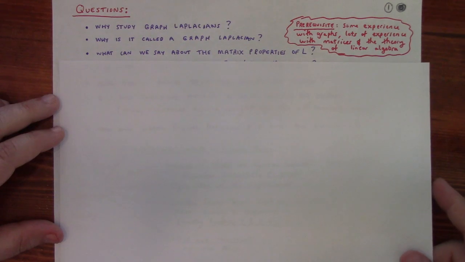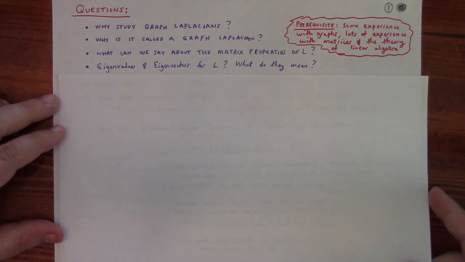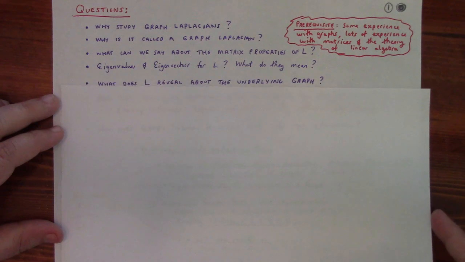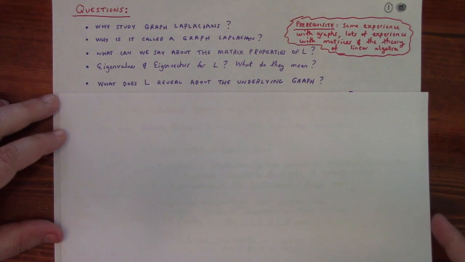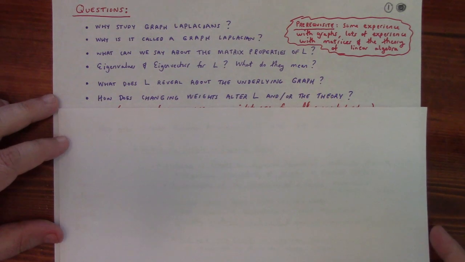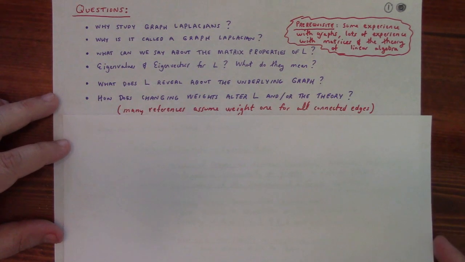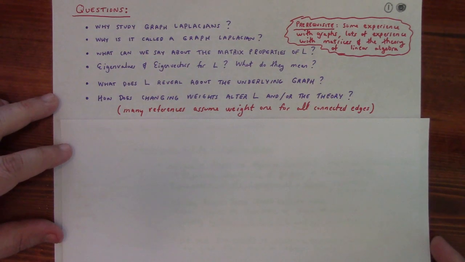But I'll ruin, spoiler alert, L is symmetric and it's got some really nice properties. What can we say about the eigenvectors and eigenvalues of L? What do they mean? We'll almost get to that in this video. What does L reveal about the underlying graph? It's going to take us a few videos to get to that question. How does changing weights alter the graph Laplacian and or the theory? This is an interesting question because a lot of the literature assumes that the weight is just 1, whereas we're going to probably assign the weights values which correspond to some kind of physical notion or something on